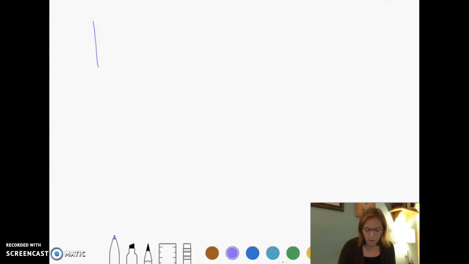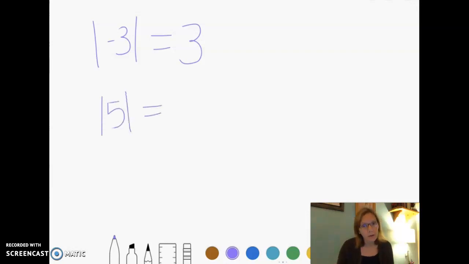So remember, absolute value looks like this. It has those two long bars and then some kind of a number in between. And what absolute value means is the distance a number is from 0. So how far is -3 from 0? It's 3. And if we had a +5, how far is +5 from 0? 5. All right, so basically it takes any number that's negative and makes it positive, and then positive numbers stay positive. So absolute value is always going to be a positive answer,